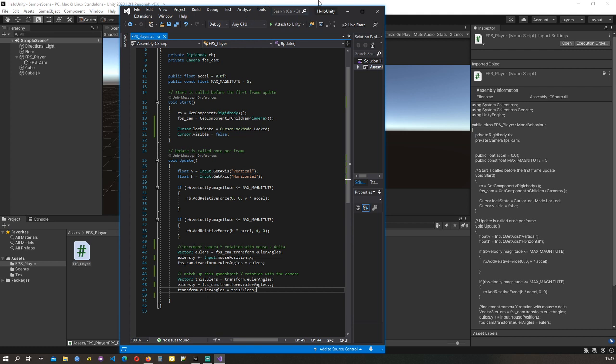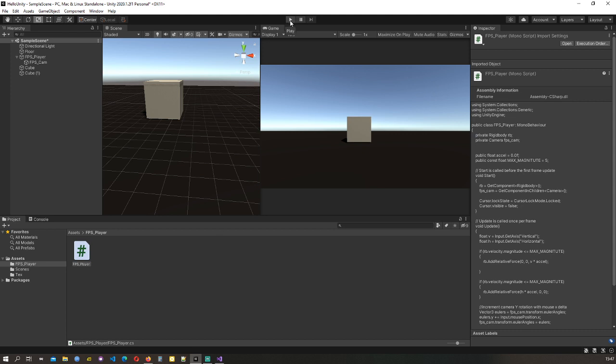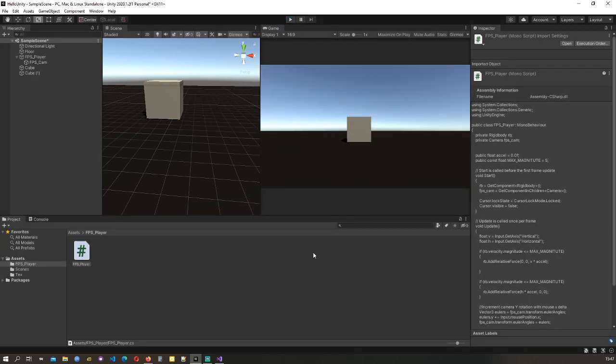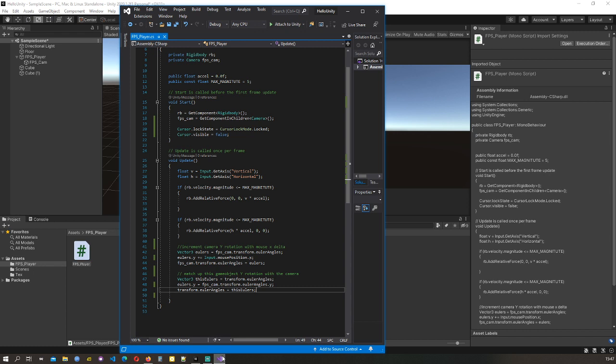I think this is going to work. All I've done was change it to plus equals. It's locked in the middle, so I'm just going to get the delta. Oh no, it doesn't work. What a shame. It's annoying. I've written millions of these. I've done this about a squillion times, but